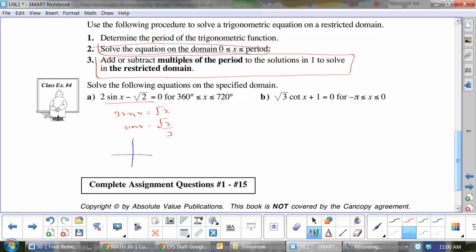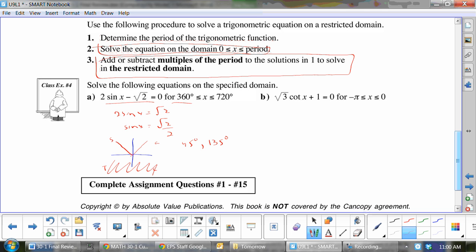Pi over 4, and is that right? No. Sine would not be. This is CAST, so we have to be out of those two quadrants. So that's where we get our pi over 4. Oh no, actually this is in degrees. So what would it be in degrees? 45 degrees and